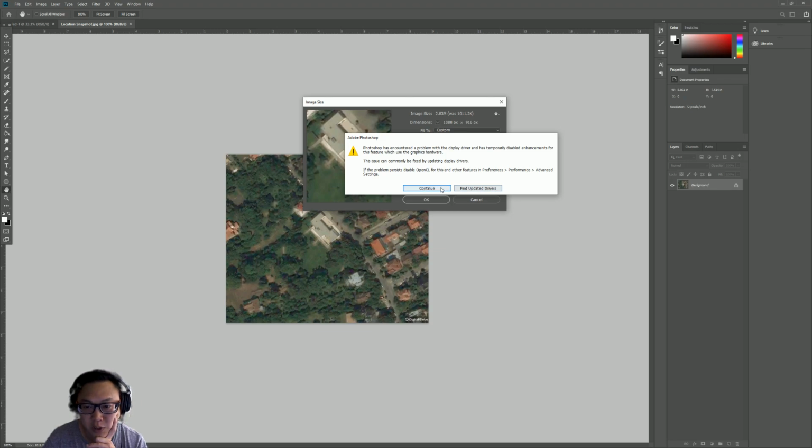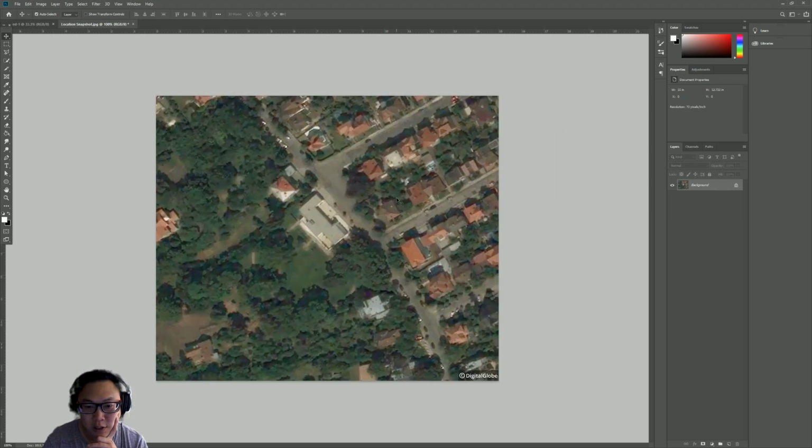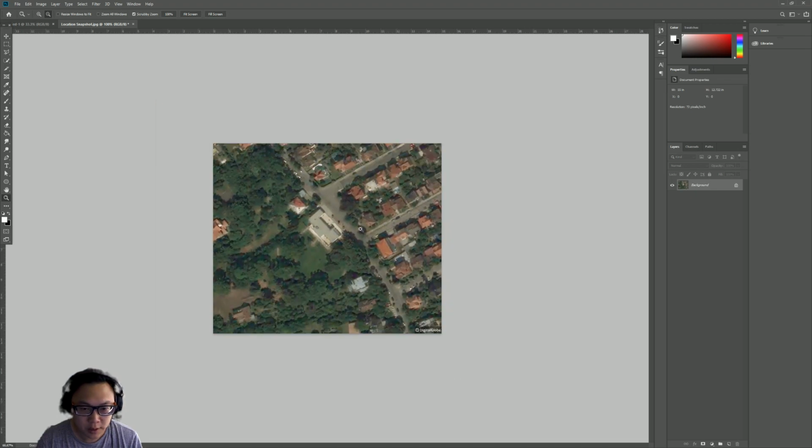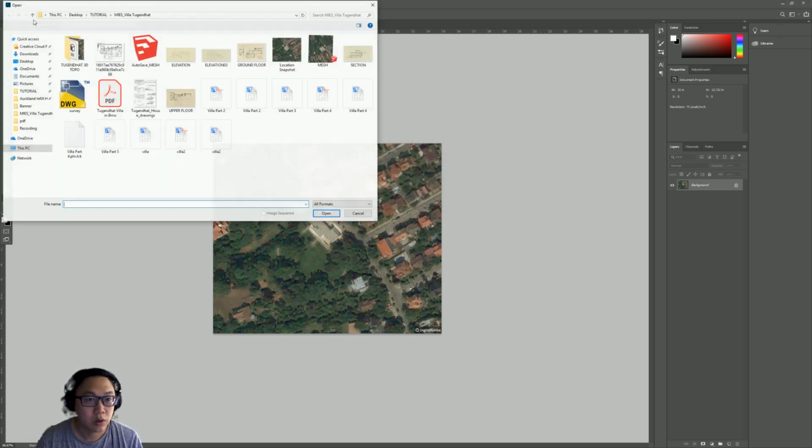I guess my computer's hardware is not good enough, so it can't really handle those types of operations. But it doesn't matter. I just increased the size of the image, and now I'm going to bring the